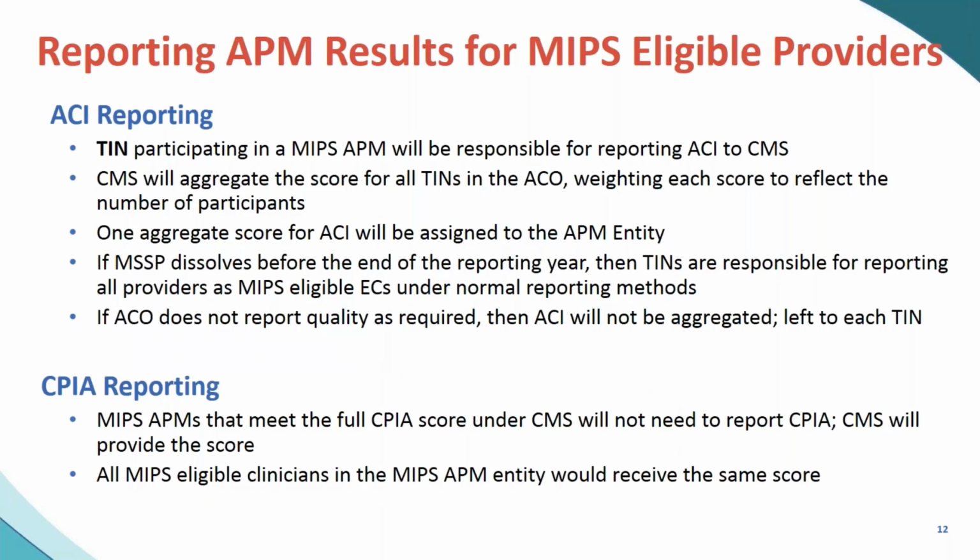The way that this is to work, and I can honestly say that CMS has not put out a lot of information about this, but this is what was in the regs, and we'll see how it gets fleshed out. But right now, if you are part of an ACO, and let's say the ACO has, say, 5 different tax IDs underneath it, every single tax ID is responsible for reporting meaningful use, or what's now called ACI, for the providers under that tax ID that are participating in the ACO.